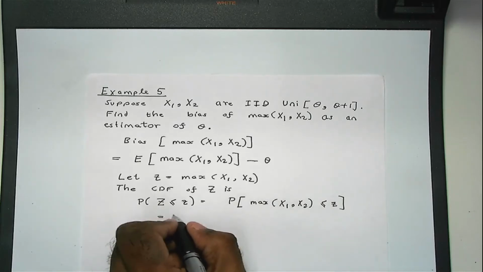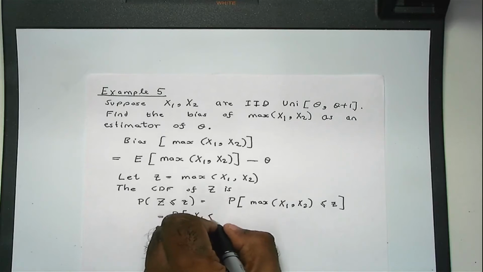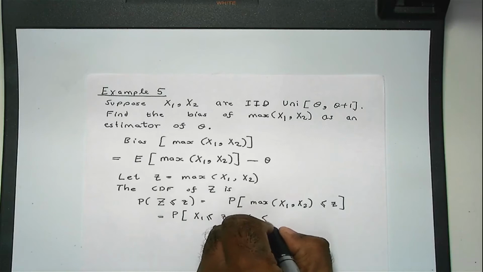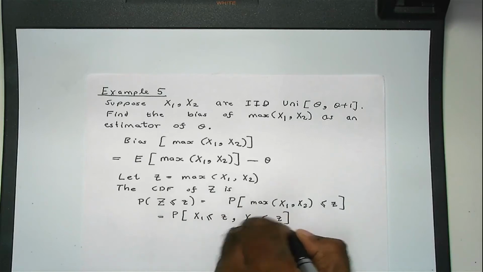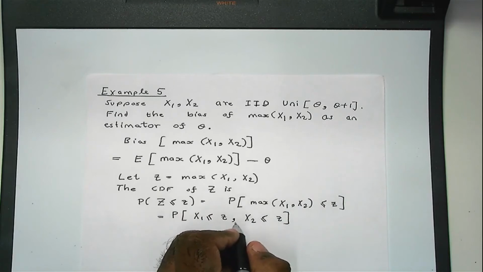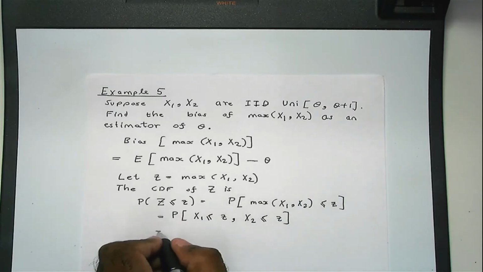So this is the probability that... okay. Now because x1 and x2 are independent random variables, you can write this as